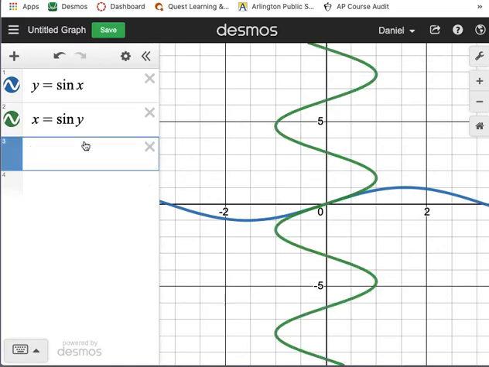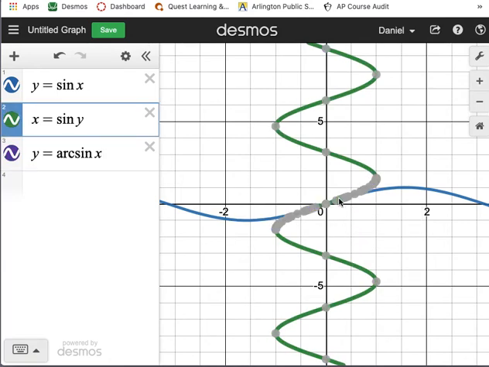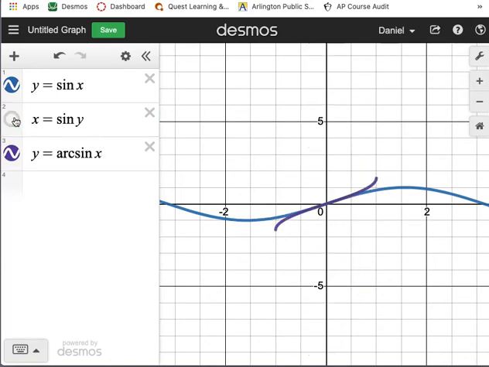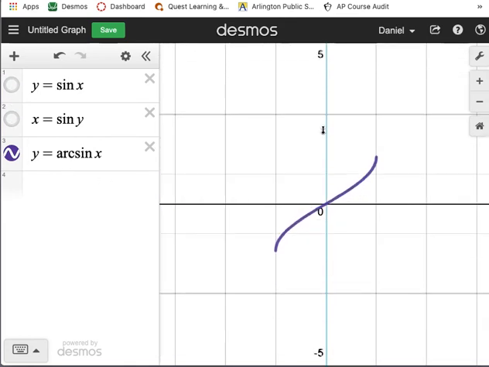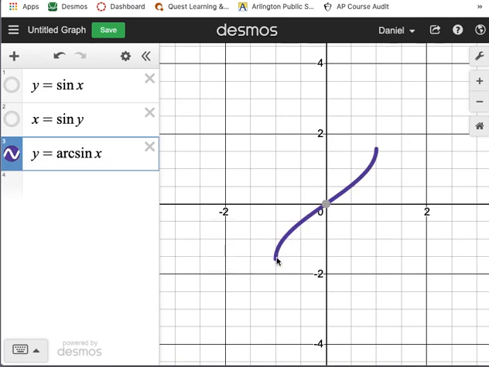And so what we do to fix this problem is when we use arcsine of x, it is automatically restricted to just this area in here. If I turn this guy off, you can see arcsine of x is just restricted to just the area between negative pi over 2 on the y value and